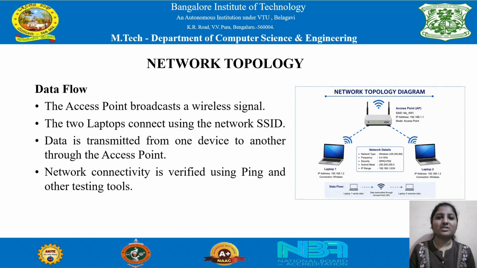Next, this shows the network topology and flow of data in the wireless network. As shown in the diagram, the access point acts as the central device and broadcasts the wireless signal. The client devices, laptop 1 and laptop 2, connect to the network using the SSID My Wi-Fi or College Wi-Fi. The access point has the IP address 192.168.1.1, while the laptops are assigned the IP addresses